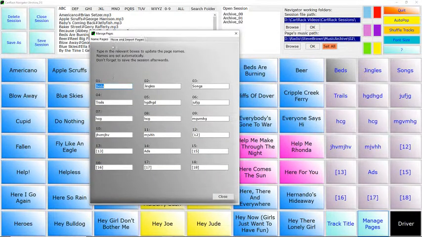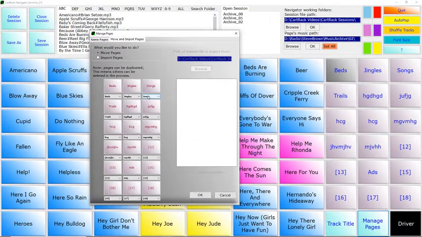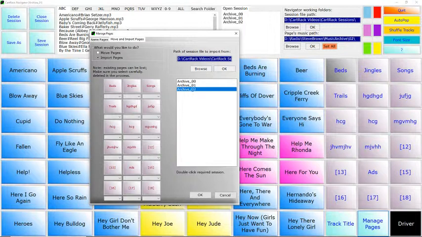Then the other thing we can do is import pages. Now this is very useful if you're creating a new session, but you want the jingles from another session, for example. So click on that radio button there, and this path is where your sessions are. And if you've got one folder for your sessions, then you shouldn't have to change it. And we will choose another session. We've got archive01 open. I don't think the pages are named very imaginatively, but if I double click that,